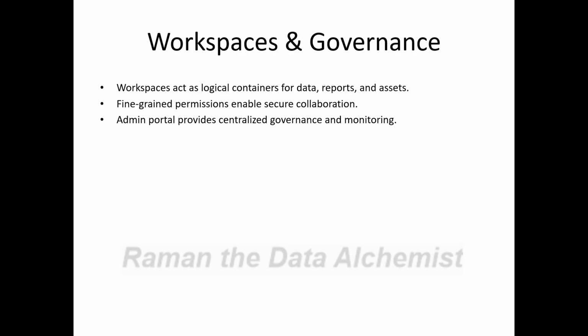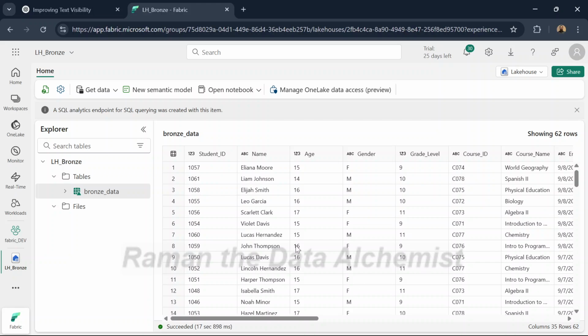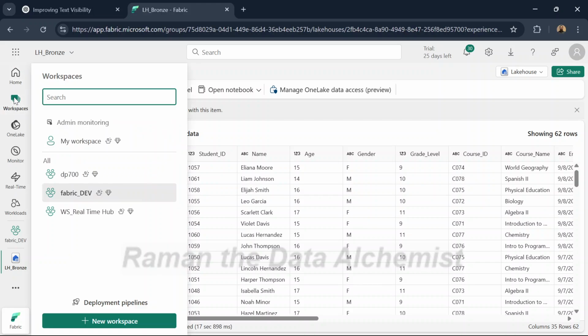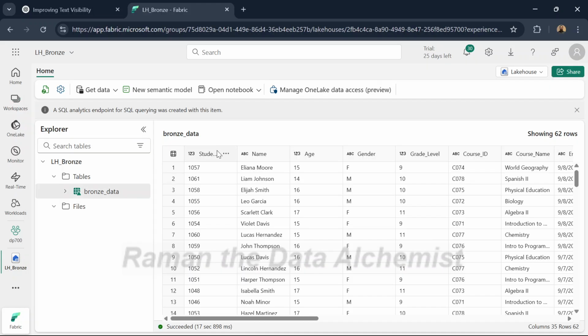So we'll just show you the workspace once. If you go to the workspaces, this is my workspace, which is there by default. If you create a Fabric account, my workspace will be there by default. Others, these three I have created: DP700, Fabric Dev WS, and Real Time Hub. If you go under DP700,